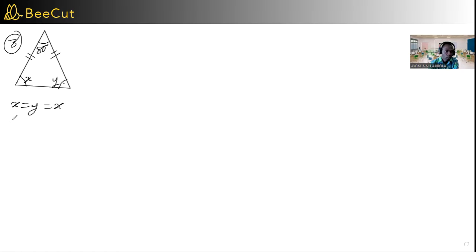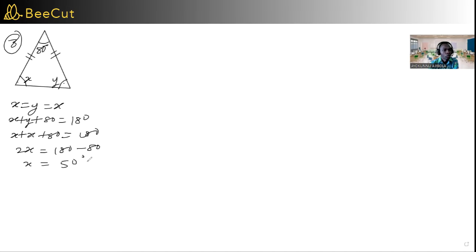So I can add them together and say x plus y plus 80 equals 180. Then if x is y, I can say x plus x plus 80 is 180. So then I have 2x equals 180 minus 80, and then x equals 50. So if x equals 50 degrees,